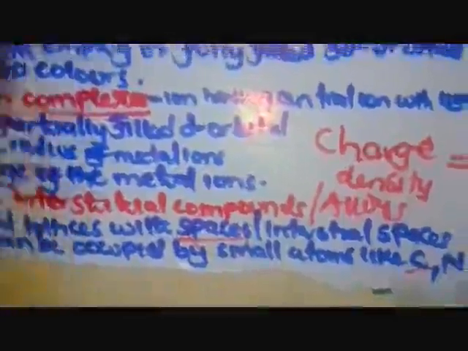So members, our topic has been transition. Why are they transition elements? They are paramagnetic, they have catalytic properties, they have variable oxidation states, they form colored compounds, they form complexes,